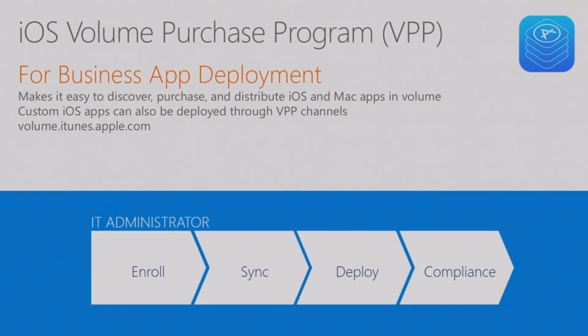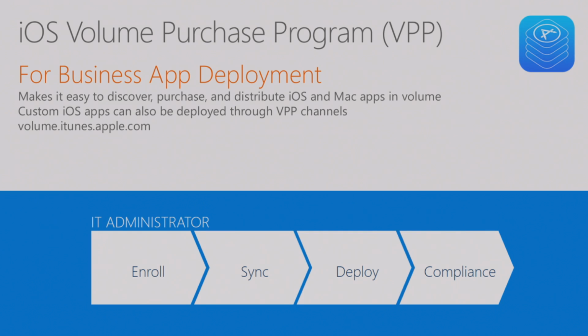So we talked about DEP, talked about VPP, Company Portal enrolling, and some of that for the device management. Now let's talk a little bit about apps. Because of everything that we do, there's so much, I'm going to focus a bit more on iOS VPP, because that's what Apple thinks of a lot more when it comes to businesses. It's easy to discover and purchase apps. The idea is you don't want your users to be paying for certain apps themselves, which really you should pay for on their behalf. And then you can deploy these apps to the users or to devices, typically through their program, as well as